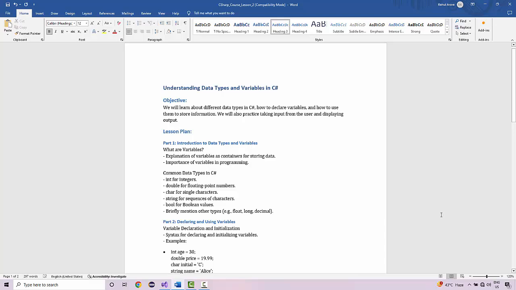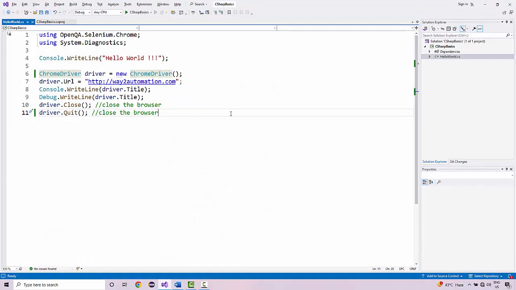Welcome back, guys. In this lecture, we will learn about different types of data types in C#. We'll learn how to declare variables and how to use them to store information. We'll also practice taking inputs from user and displaying the output in the console window as well as in the debug window. So to get started, let us go back to our Visual Studio and let me comment out